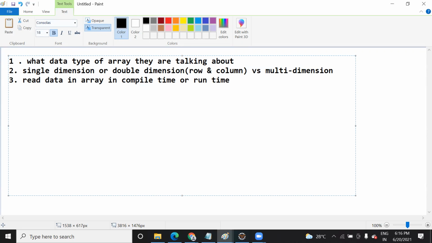Okay, so these are the things that you need to check. And the fourth thing, obviously, is that the size of an array also matters. What is the size of an array? Whether you know the size, or you are going to find it out with the help of some predefined function. What is a predefined function? Suppose you declare an array.